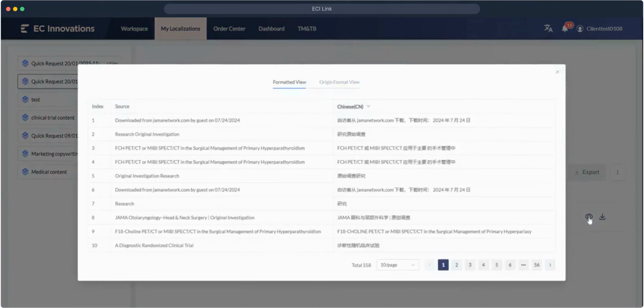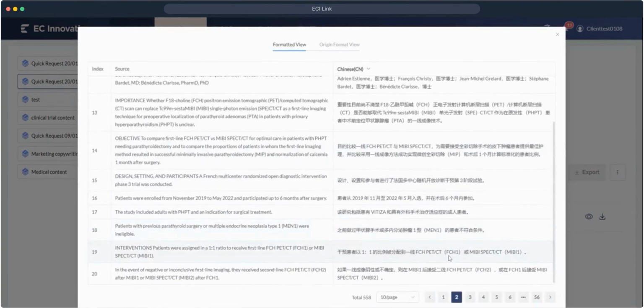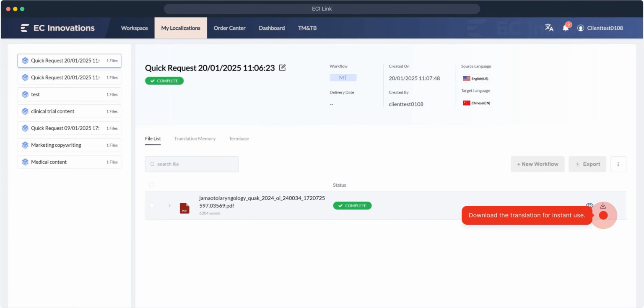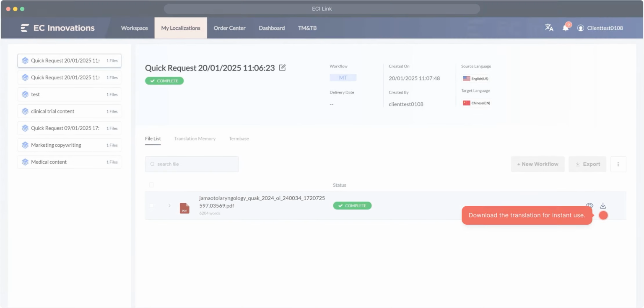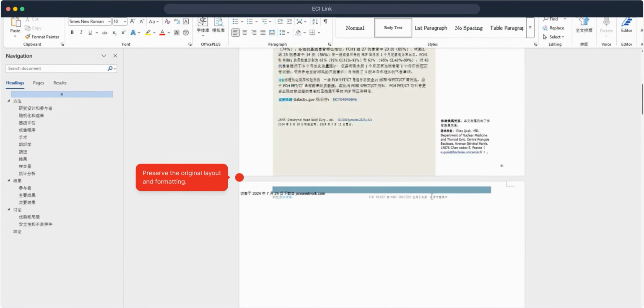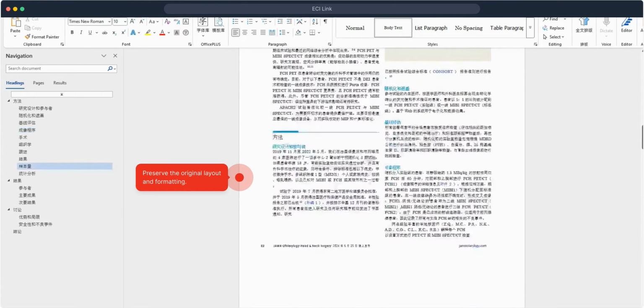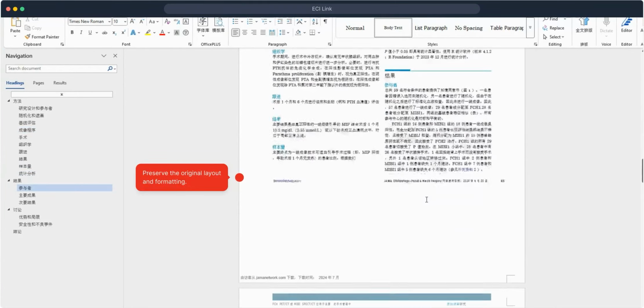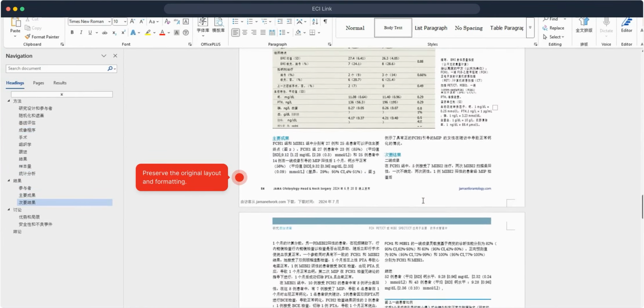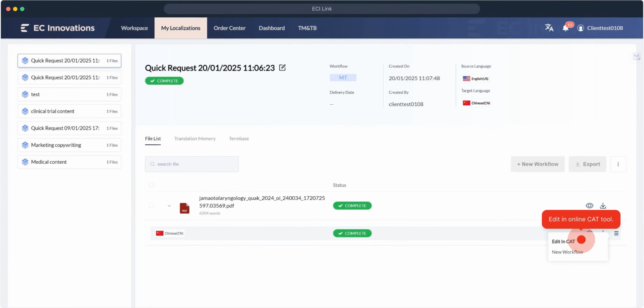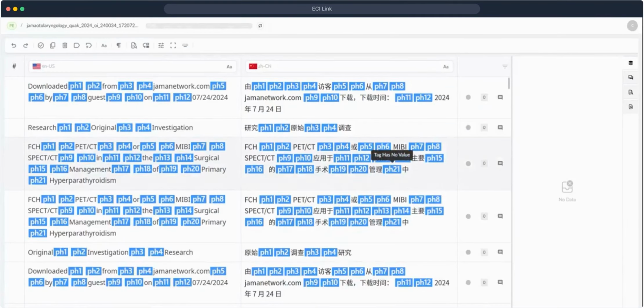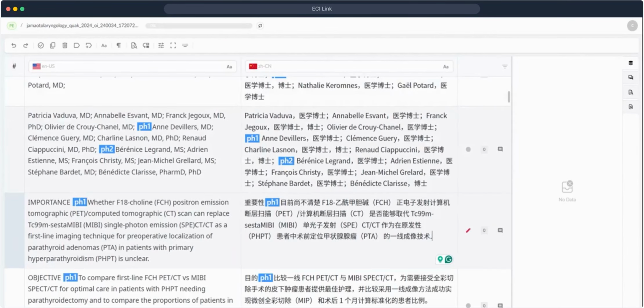You can view completed translations directly on ECI Link, or download the translation for instant use. ECI Link ensures that the original layout and formatting of your document are preserved, delivering translation results that are ready for publication. If you need to make changes, use the integrated online CAT tool to edit and refine your machine